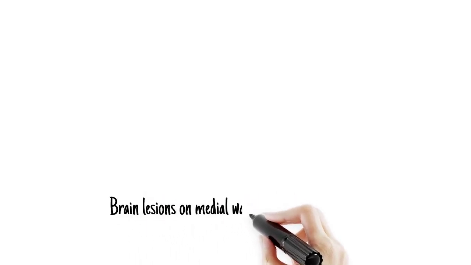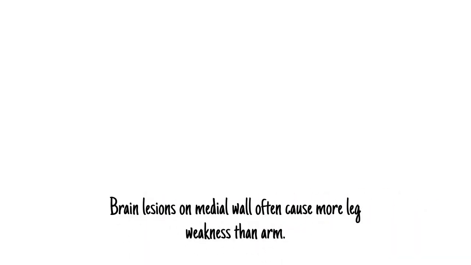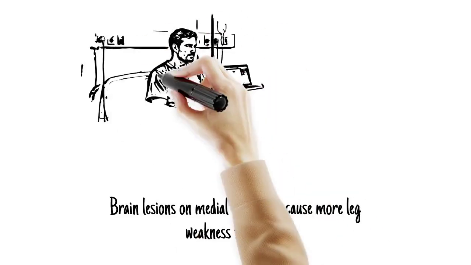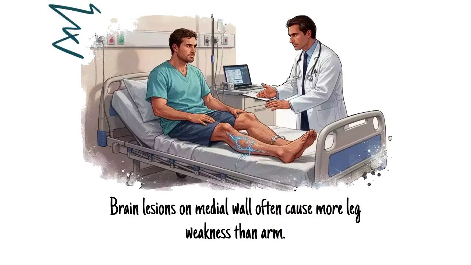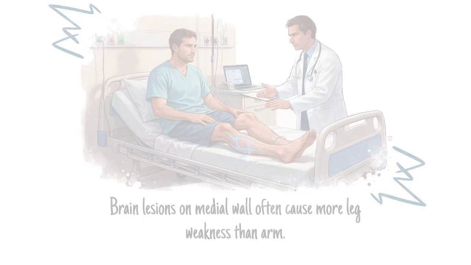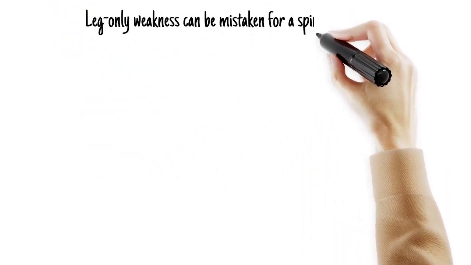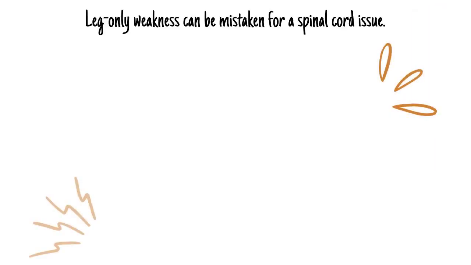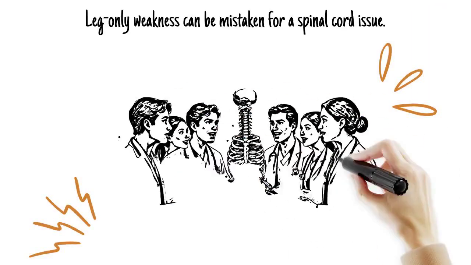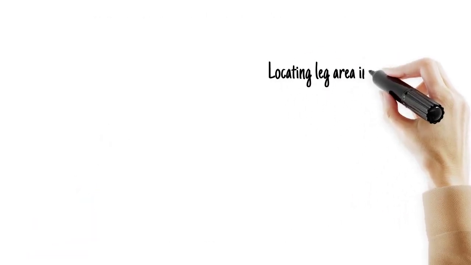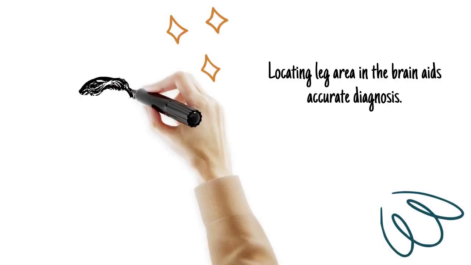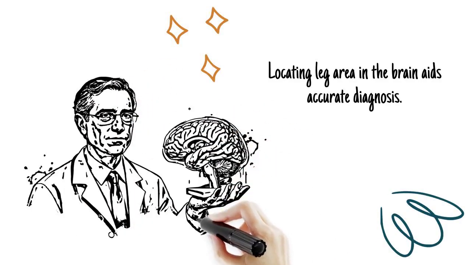Lesions affecting the medial wall of the hemisphere, such as those caused by blockage of the anterior cerebral artery or by a tumor pressing on the top of the brain, produce leg weakness that is often more severe than arm weakness. This pattern can sometimes be mistaken for a spinal cord problem because patients present with leg dysfunction while the arms work relatively well. Understanding that the leg area lives on the medial brain surface helps clinicians correctly identify the true location of the